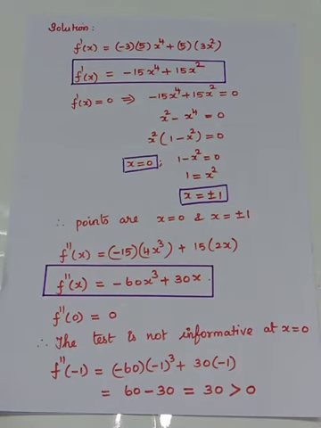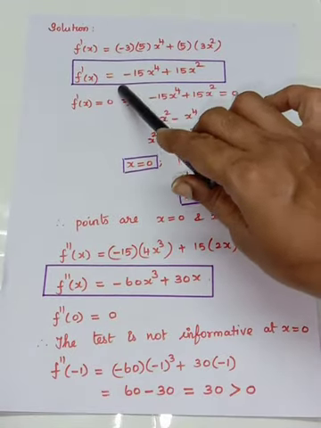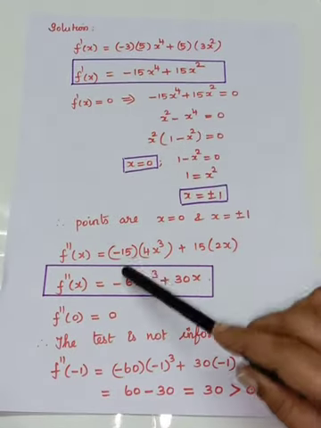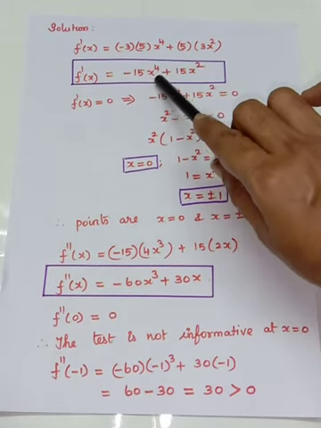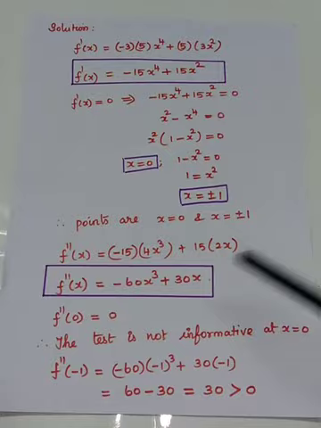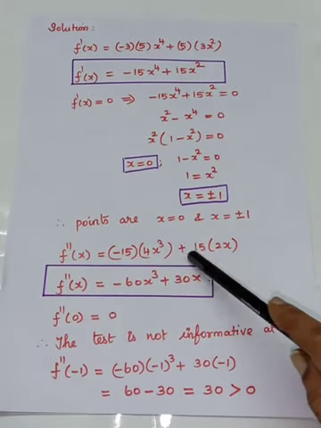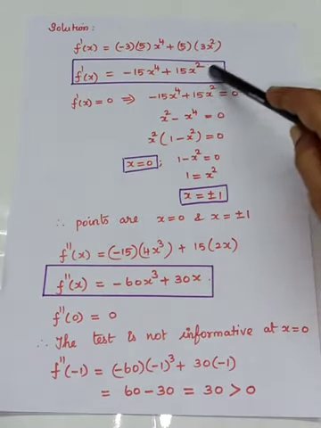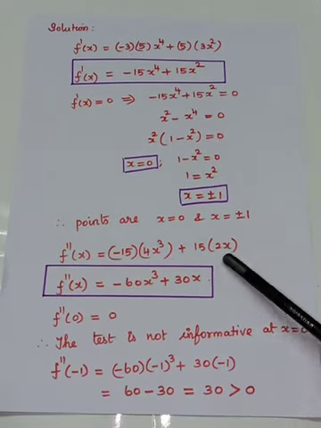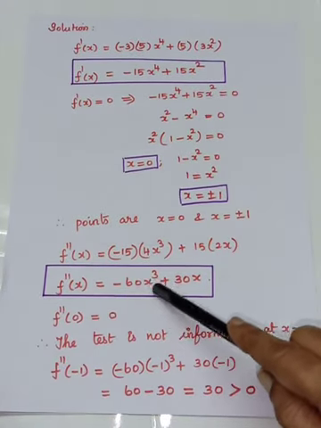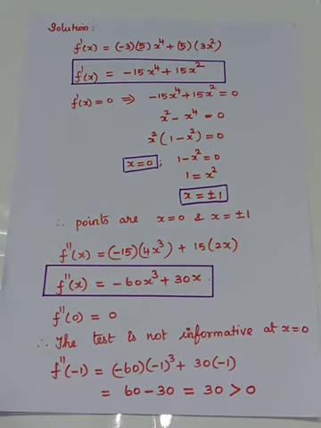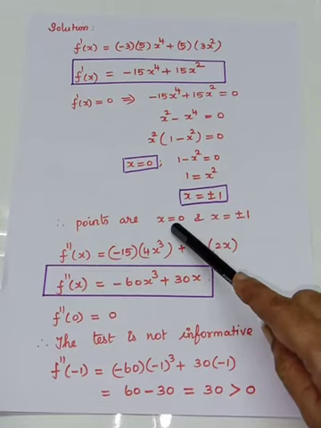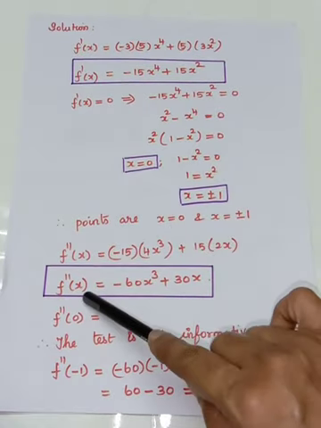What is the third step? You have to find the second derivative. So go to f dash of x and differentiate it again with respect to x. Here minus 15 is a constant. Using the power rule, x power 4 is differentiated as 4x cube. Plus 15 is a constant. What is the differentiation of x squared? It is 2x. So you will get minus 60x cube plus 30x. So we have found the second derivative. What you have to do? You have to substitute the points one by one in f double dash of x.